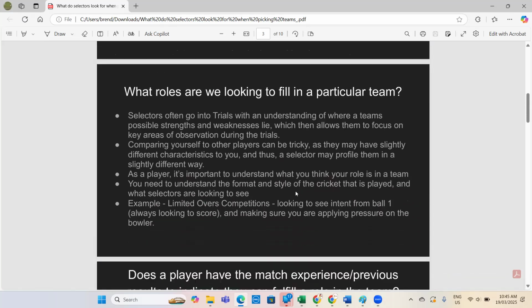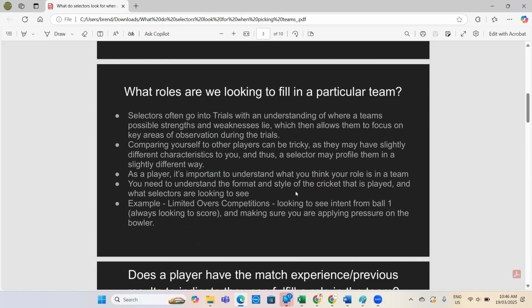So in terms of picking a team, obviously, in terms of representing cricket, you're usually picking a squad of 12. In terms of Green Shield, you're picking a squad of 15. So in terms of when you go and pick that squad, you need to understand what roles are needed for that team environment. So you need to understand what type of competition's being played. For example, a limited overs competition, you're going to be looking for players who are probably batting a little bit higher strike rate wise than maybe if you're picking a 2-day or a 4-day competition team.